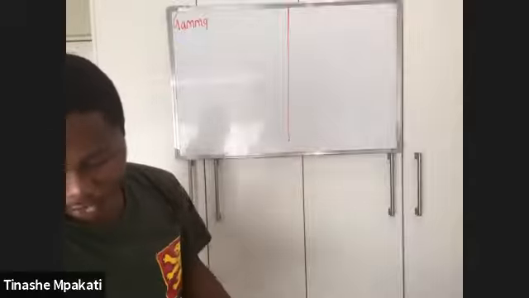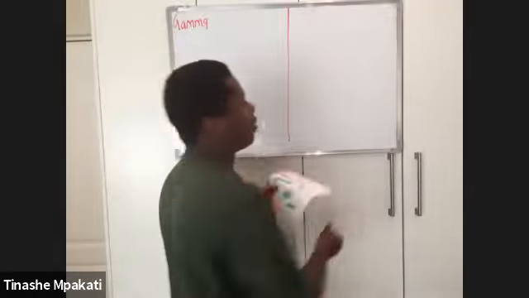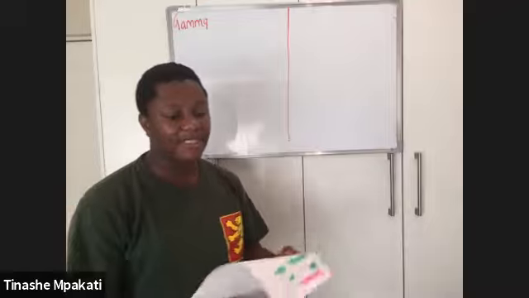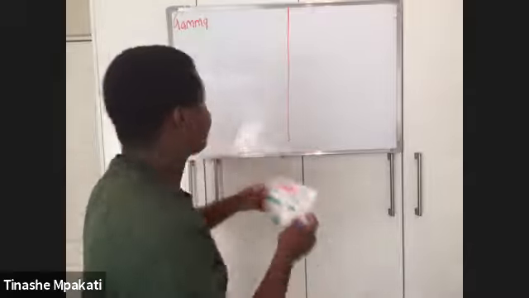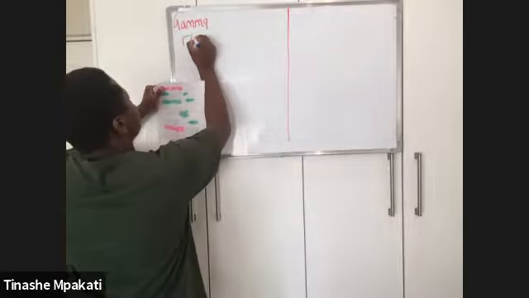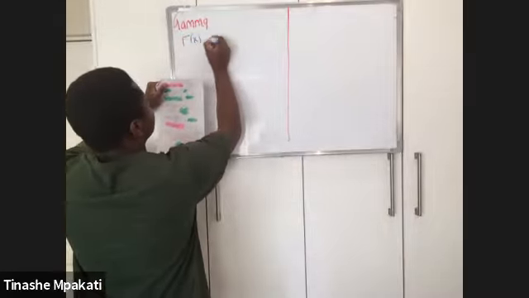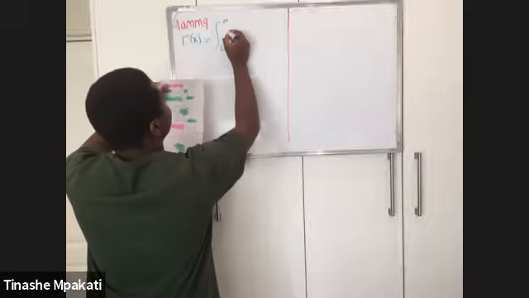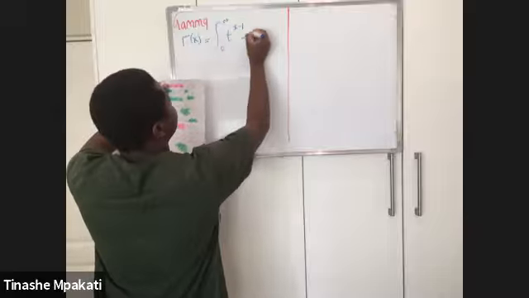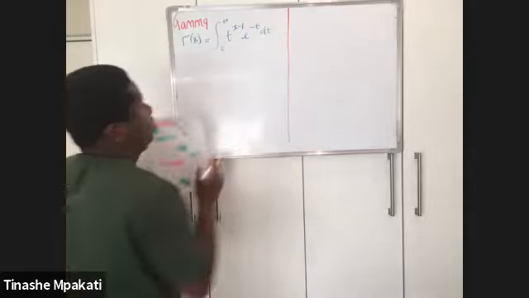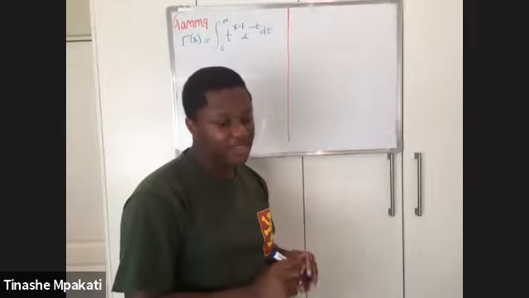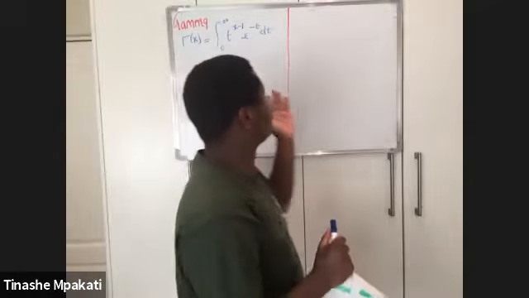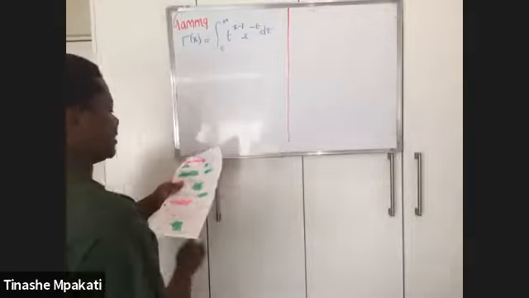So whenever you're given information, maybe they give you parameters, that's what you're most likely to get. You are given the parameters of a gamma distribution and they ask you to find the CDF. This is the formula you always use when you want to find the CDF of a gamma distribution. This is defined as integrating from 0 to infinity of t to the power x minus 1, e to the power minus t, dt. So whatever question you may have which is asking you to find the CDF of a gamma distribution, this is what you use.